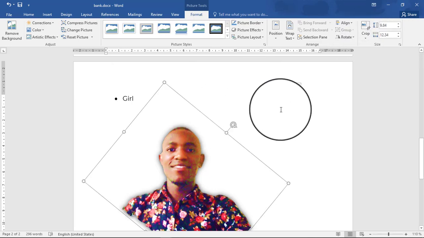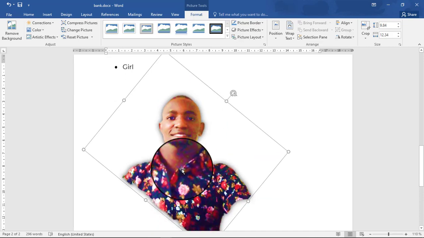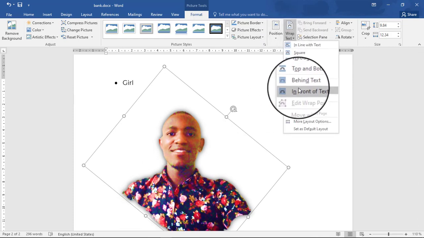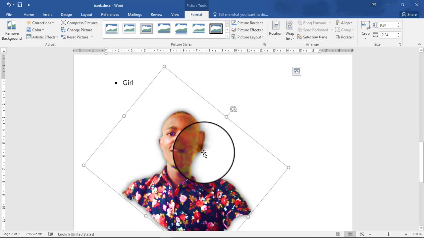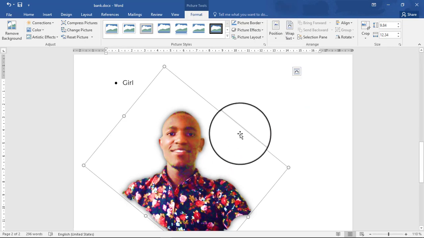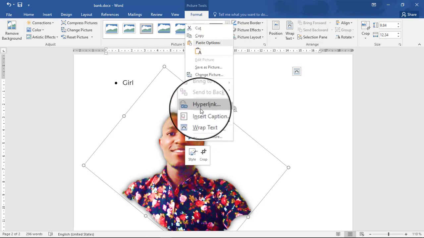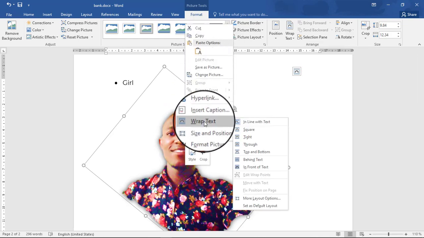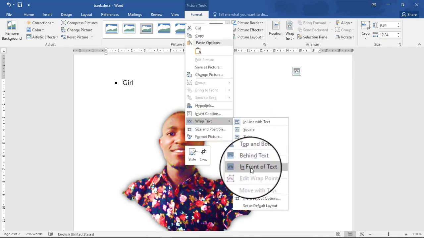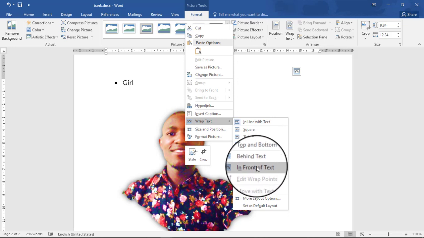If I want to position that image, maybe behind the text, maybe in the text, I just have to select that image and I go to wrap text. Or alternatively, you can right click here, then you move to wrap text, then you select which kind of wrapping you want, behind text, in front of text, anything.